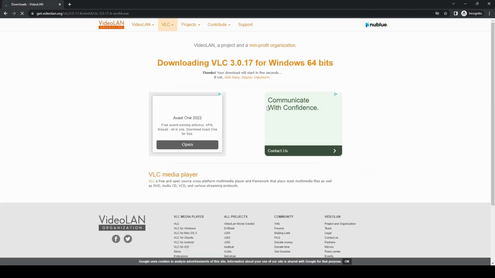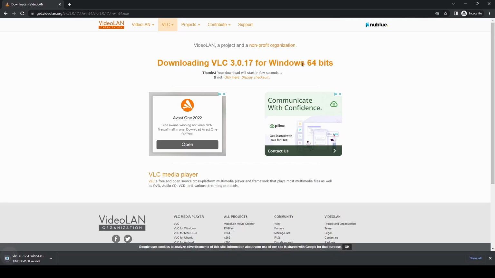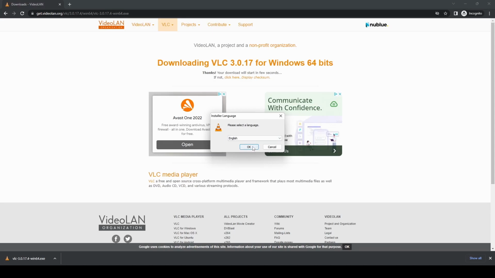So if we click on that button, it will automatically select the version for your operating system and for whether it's 32-bit or 64-bit. Most will be 64-bit these days. And the download itself is relatively small, coming in at 41.5 megabytes. So not too much. Once it's downloaded, if you click on it and then press yes on user access control,